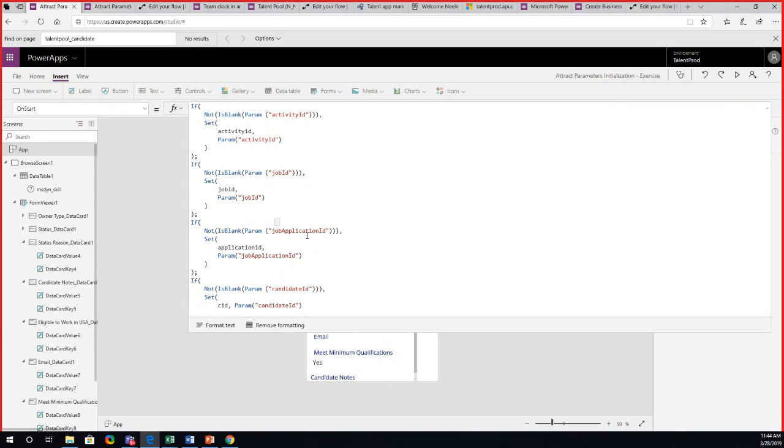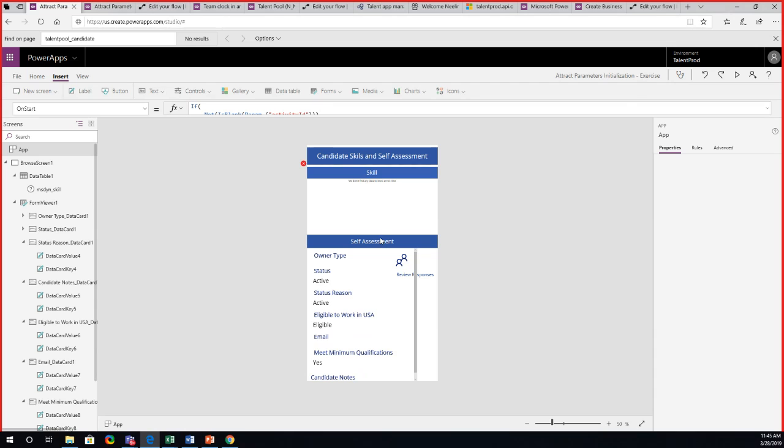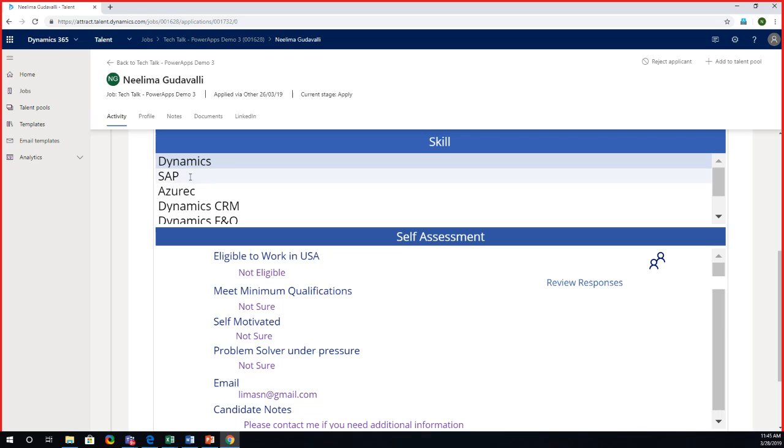So whenever you are using a PowerApp in the job screen, it knows that it has to pass these parameters specific to that candidate and job. And because we are using these parameters in our filter criteria, it knows that it needs to extract that particular candidate information. So that's how you are seeing the skills of a candidate that is assigned to this job. That's Nilima Gurwali. And then you also see the self-assessment she has submitted when she is submitting the job application for this job. So this is basically how you model your information through PowerApp and then embed the PowerApp into